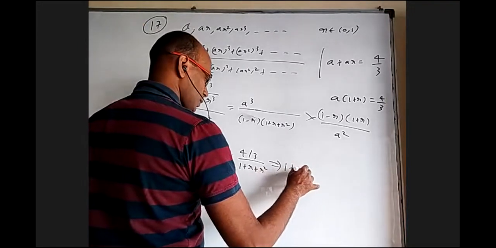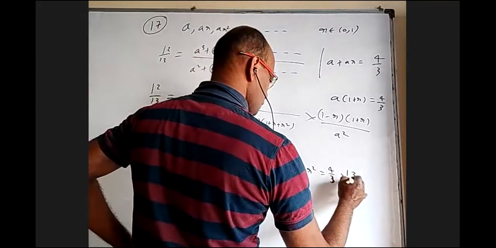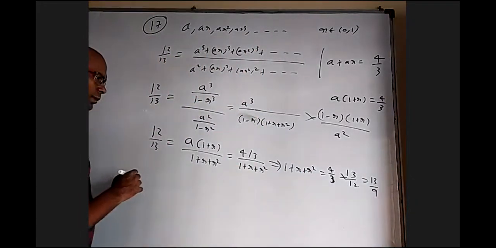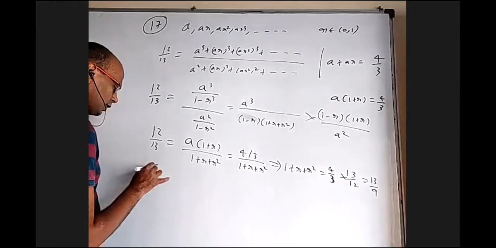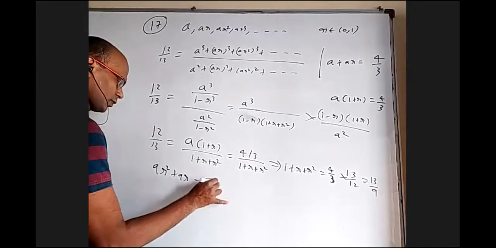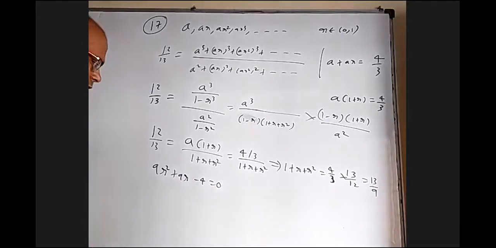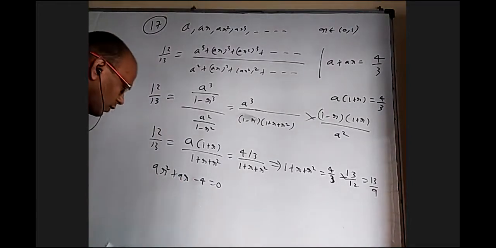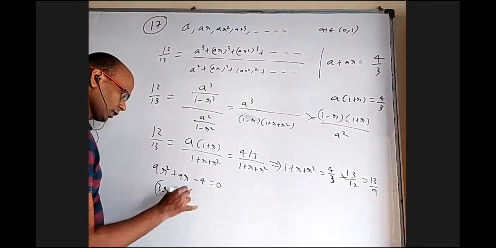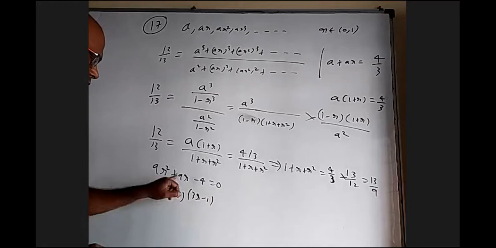So 1 plus r square is 4 by 3 into 13 by 12, which is 13 by 9. I can bring 9 here. I'll get 9r square plus 9r plus 9 minus 13 is minus 4 equal to 0. Minus 36. Anybody have an idea how to write it with 12 and 3? Plus 12r minus 3r. So 3r plus 4 into 3r minus 1. 9r square, 12r minus 3r minus 4